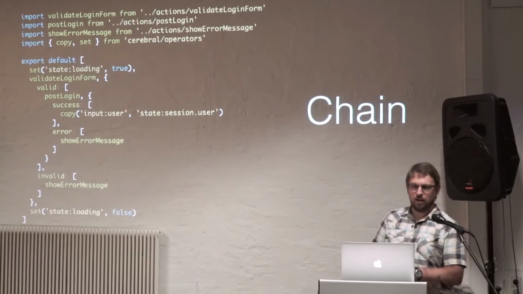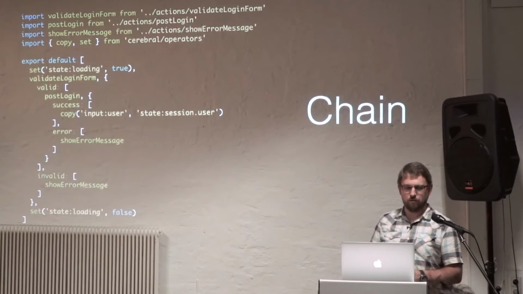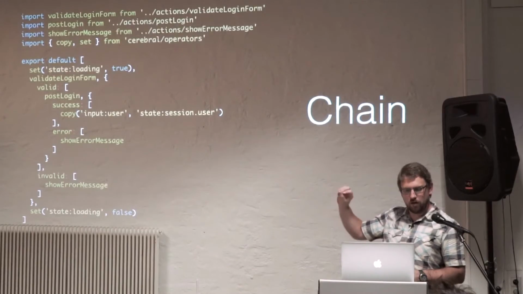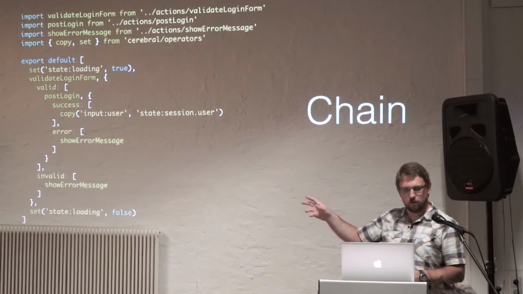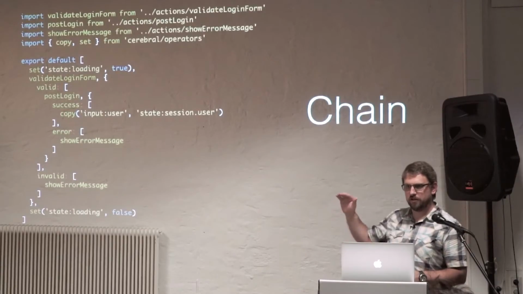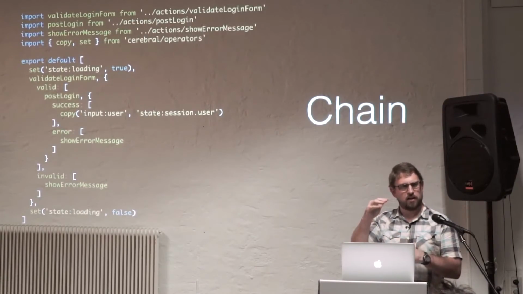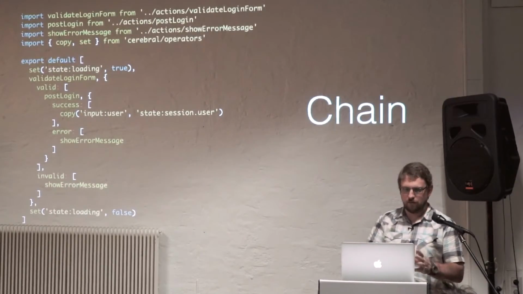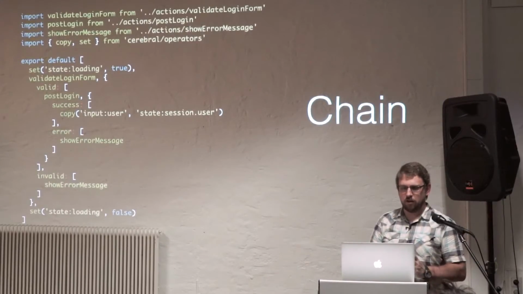We then have an action which will validate the data of the form. If the form is valid, we hit the valid state. If it's invalid, we will jump down to the invalid and show an error message. If it's valid, then we are going to post some data to the server. The server will respond with success or error, and we can continue. But this makes the activity that you're performing very high level and easy to read, and easy to understand. Of course, these actions can be anything you want.